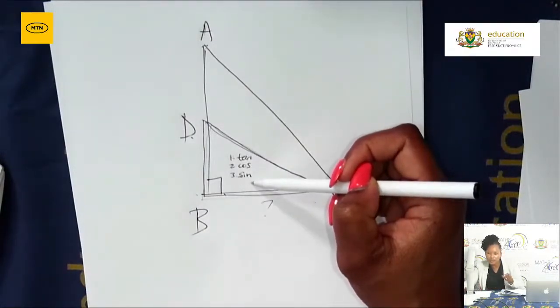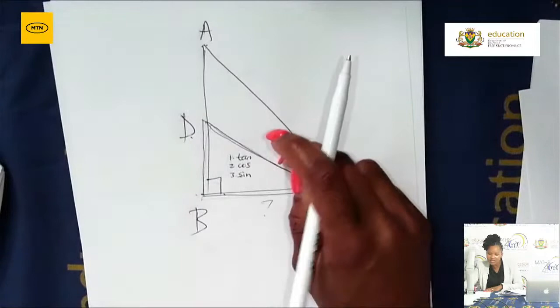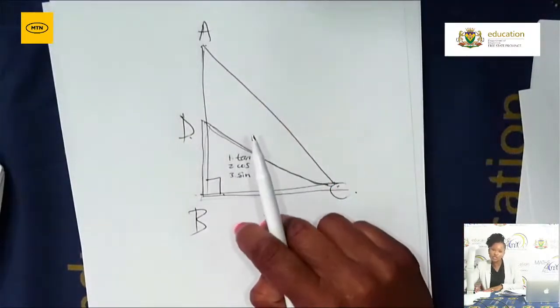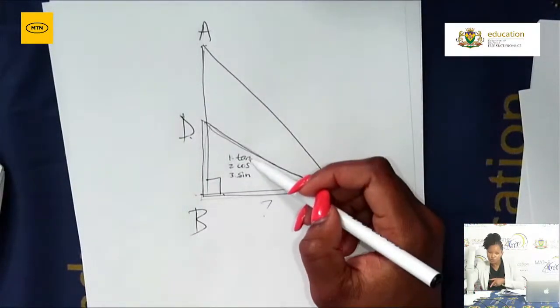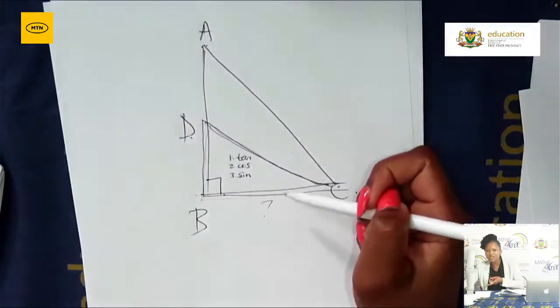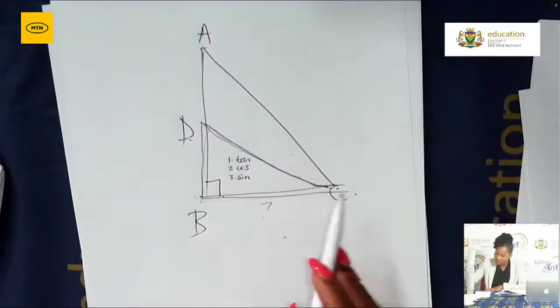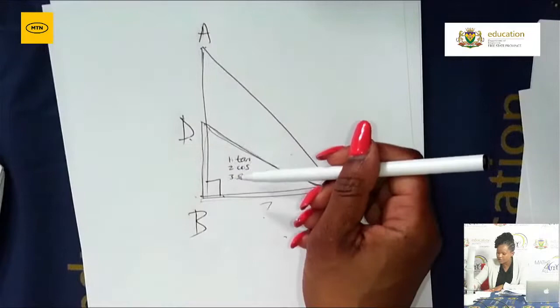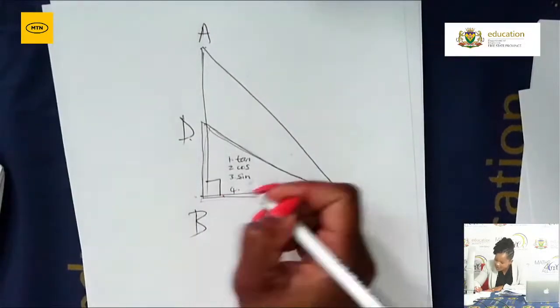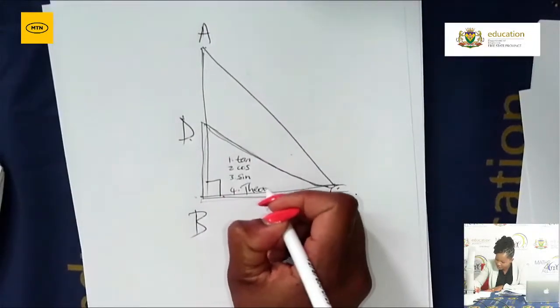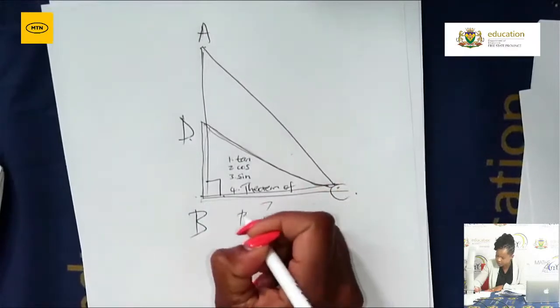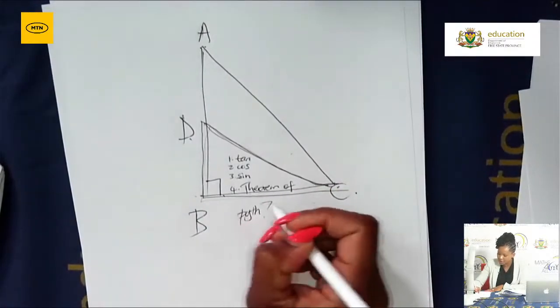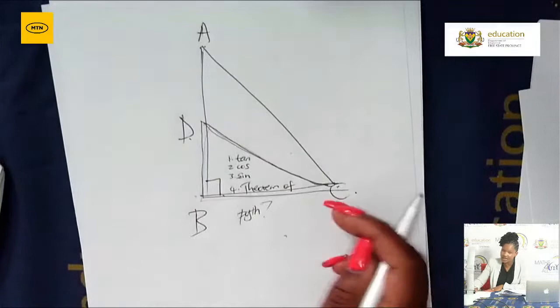Our choice will depend on the information given to us and what we need to calculate, meaning our choice must include what is given and what needs to be calculated. So in a right angle triangle, it's tan, cos, and sine, as well as the theorem of Pythagoras. Theorem of Pythagoras. So you must remember when you want the side in a right angle triangle, you make use